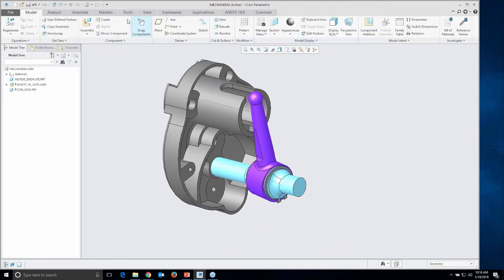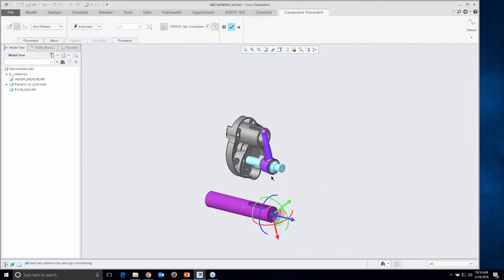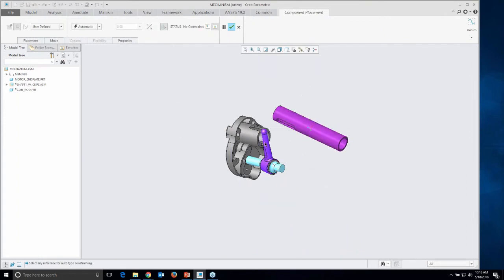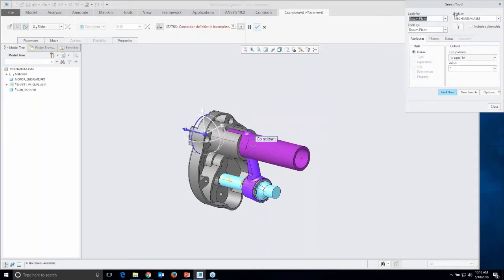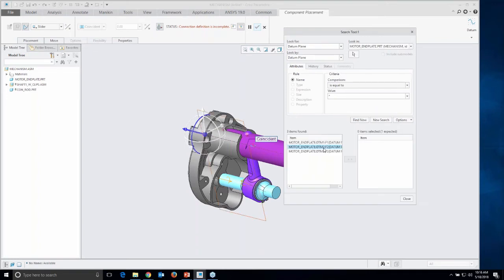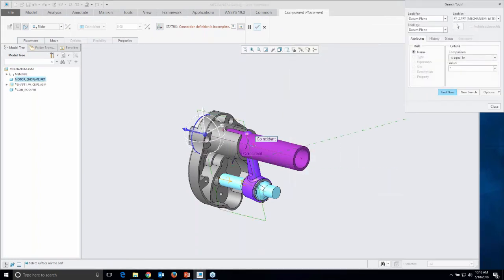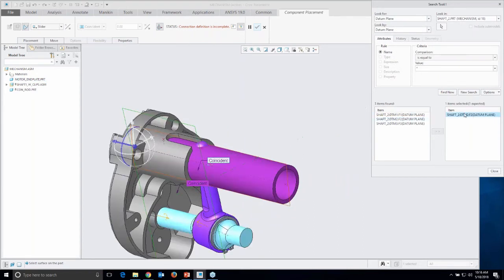And then we'll add the shaft up on top. This is a reciprocating saw. It's a good idea to put it pretty close to where it's supposed to be because it'll snap into place. This is going to be a slider joint here and there. And then we have a couple of planes that we're going to use. I want this end plate. They're hidden, so I'm going to find them. The other one is hidden as well. You can see those two planes right now,